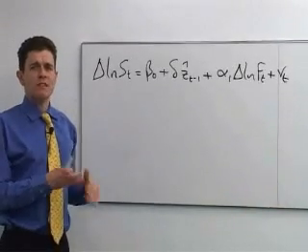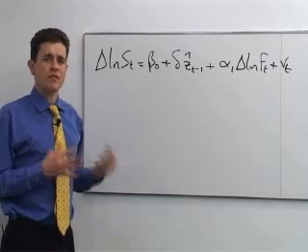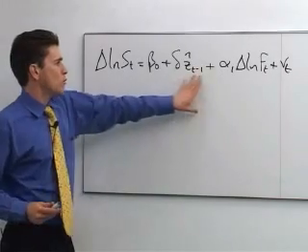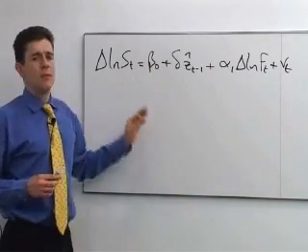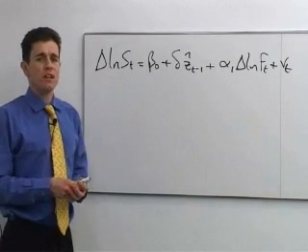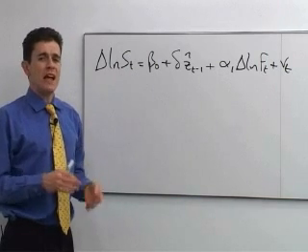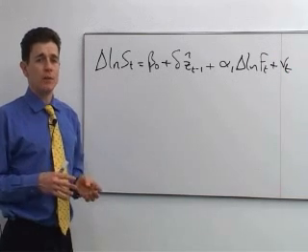But we've got something slightly different in this case. In fact, we've got something slightly different in two regards. The first difference is that the model that we would have expected did not include a term in the lagged spot return. So in other words, the model that we're actually using includes beta 1 multiplied by delta ln S_{t-1}. In other words, it includes the lagged spot return.